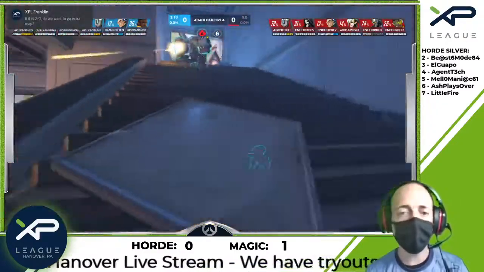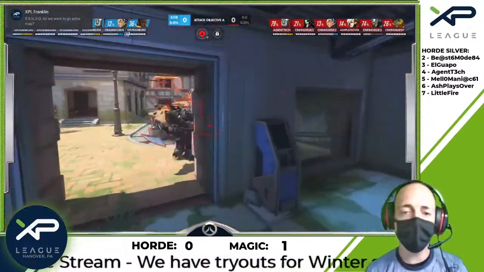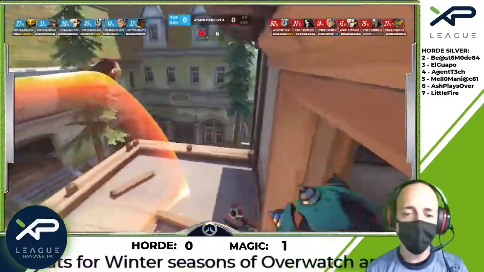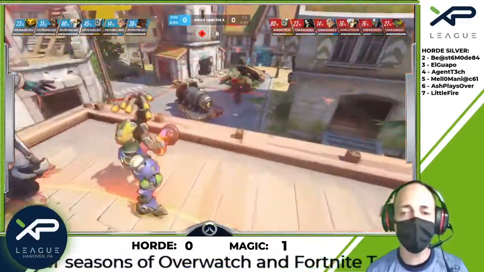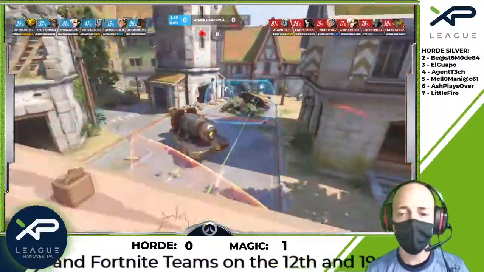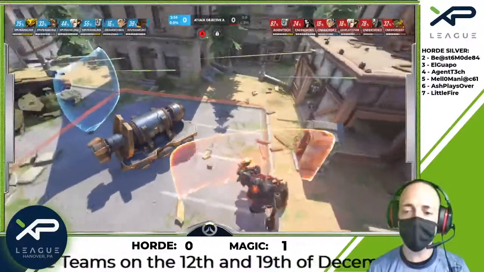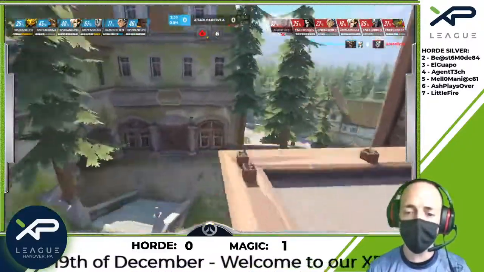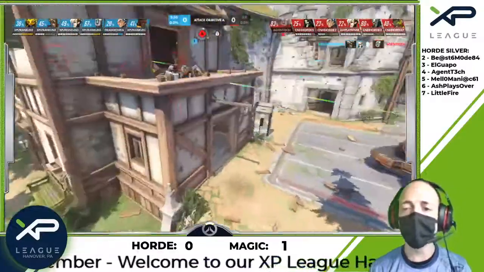So good job by Josiah chasing that Bastion away. Now it's time to retreat and set up our defenses again. So up here, we got our Sigma up here. So they're spamming fire at us. Again, got our Bastion up there, but looks like their Junkrat came in quickly and took out our...